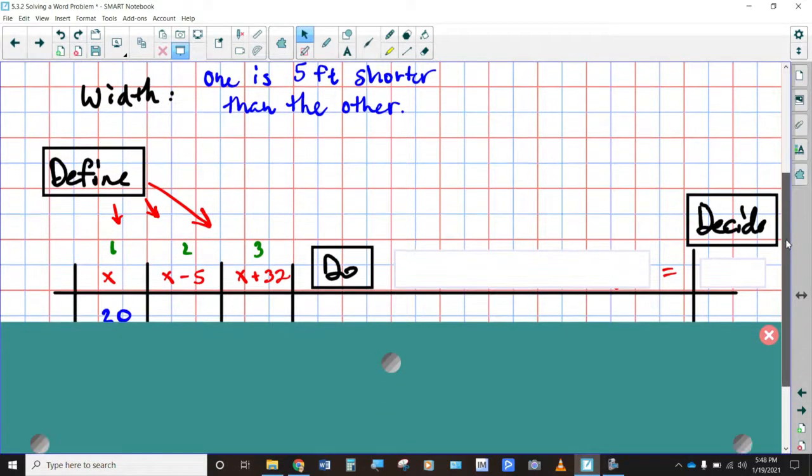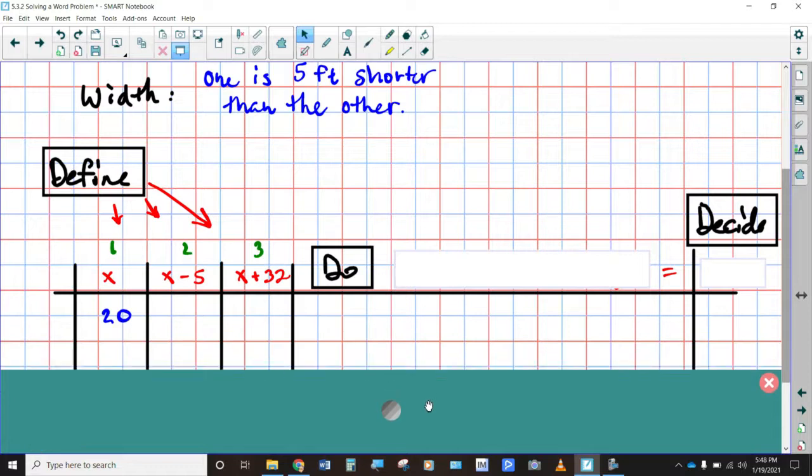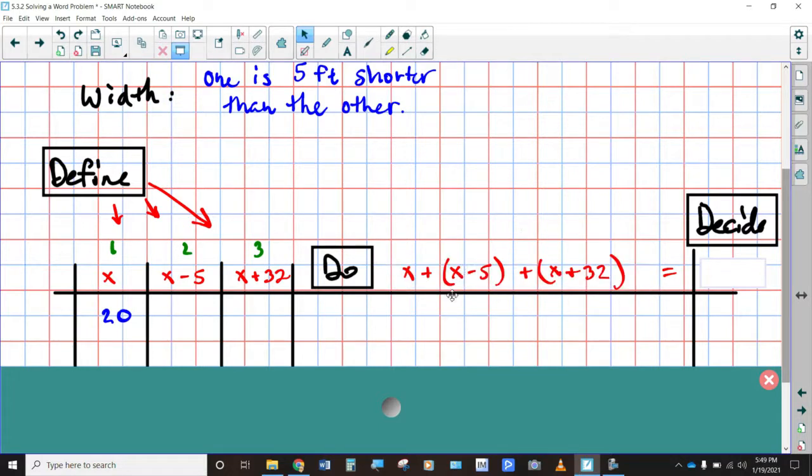All right, so let's start with the process. Now, what do we know here? When you do the problem, we know that we're doing the guess and check process, right? And we're going to make up a number, and what are we going to do with all of those numbers? We got to add them together. Because if we're going to take the total length of the fence, we got to add side 1, side 2,